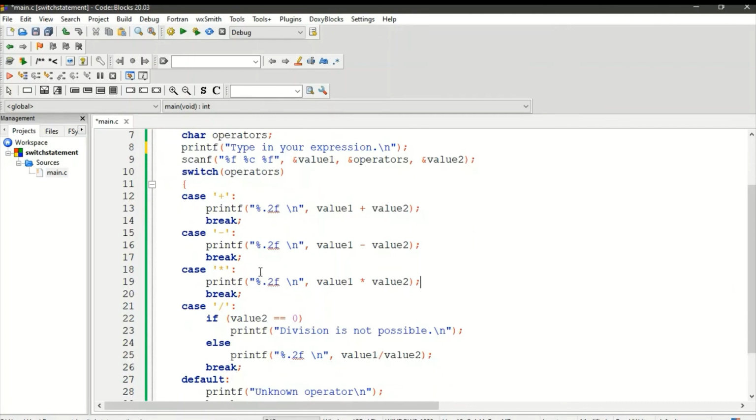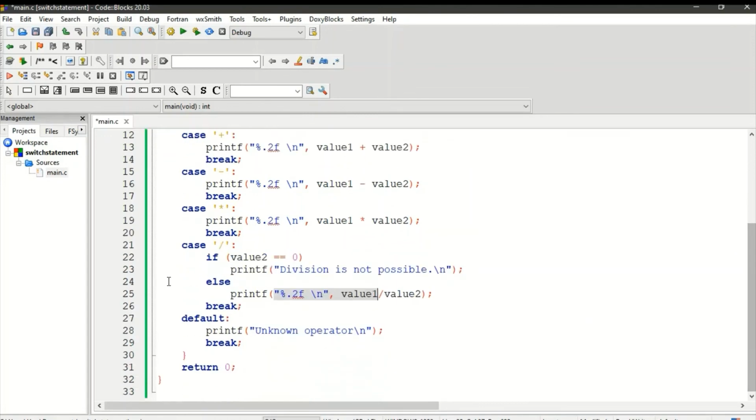Similar for multiplication. Then for division, if value 2 is 0, that is not possible, so I have written division is not possible, and else the calculation. So here we have a break statement at every case, and the default case, that is if I enter any unknown operator, then I have the default case.